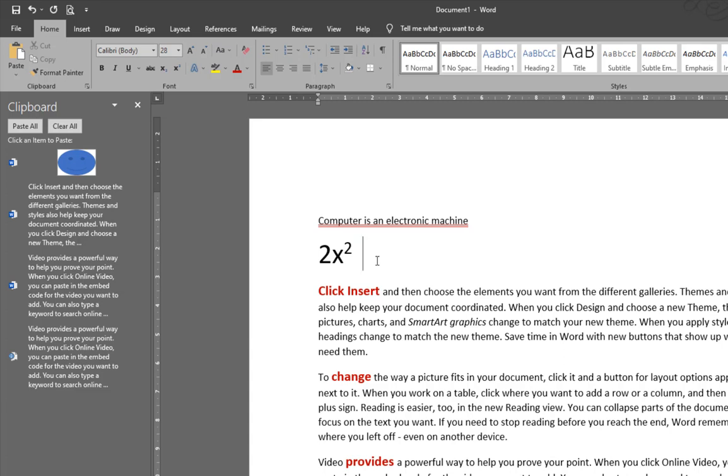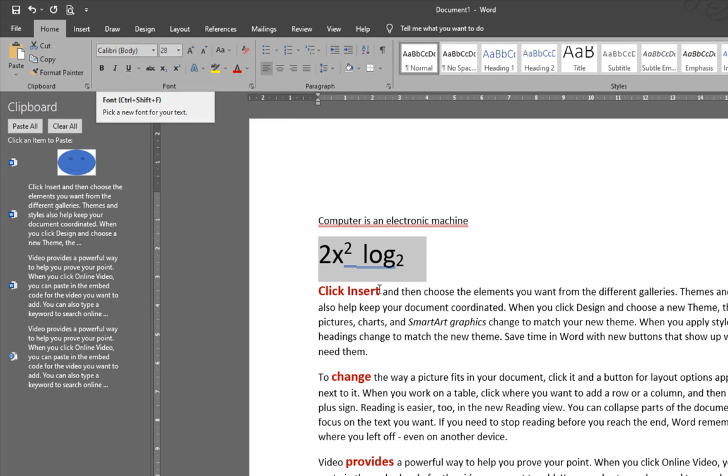Okay, so I'm going to type log 2 and I'm going to highlight the 2 and send the tool down. That is subscript. Now there are other ways you can use this, but basically just to explain what subscript and superscript is. Now the next I want to explain is